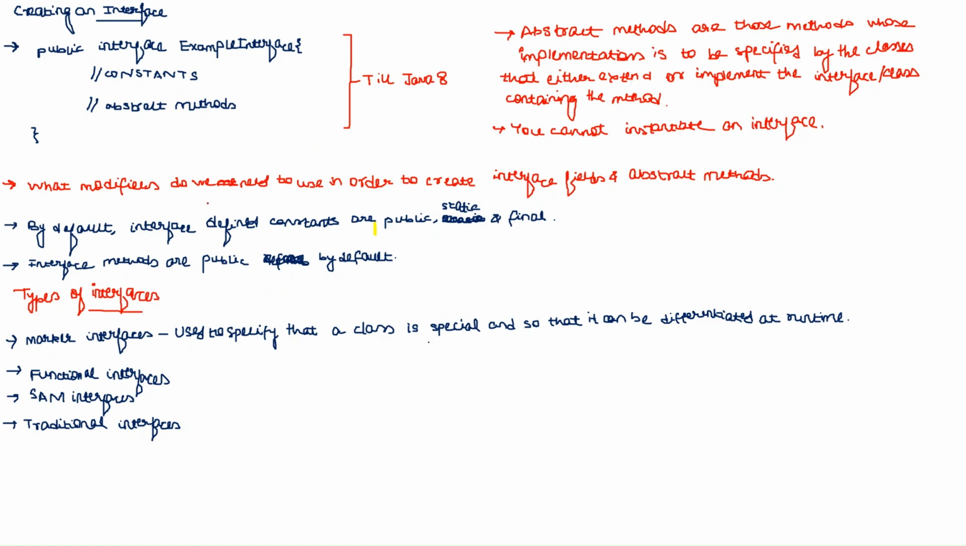Now let's come back to the presentation and discuss what modifiers we need to use in order to create interface fields and abstract methods. The answer being, interface defined constants are public, static, and final by default. You don't need to specify any kind of access specifiers after this. This is the by default thing that you cannot change in case of an interface. Then the second thing, interface methods or abstract methods are public by default because at the end of the day, the concrete implementation has to be given by any kind of an abstract class or a concrete class that is